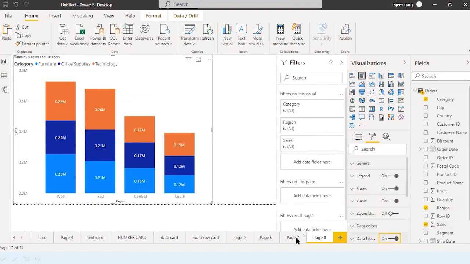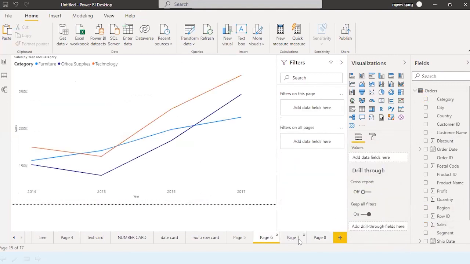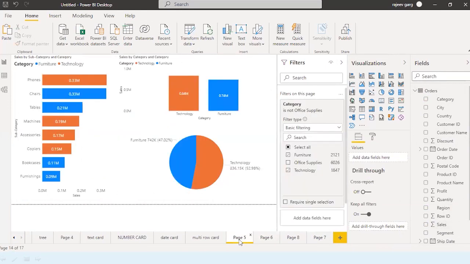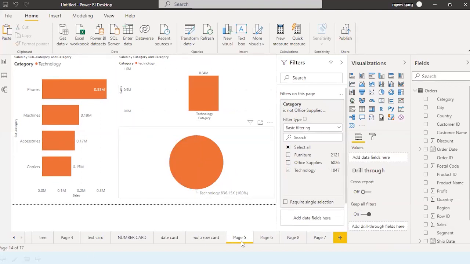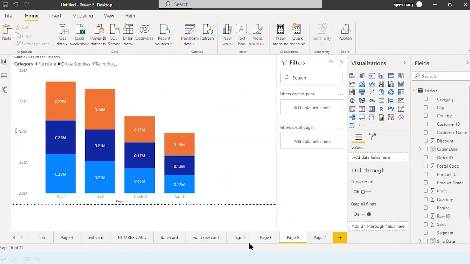Right. So you have 1, 2, 3. So as of now, 1, 2. Right. So I have applied the filter on this page and whatever filter I am using, it is impacting only this page. It is putting no impact on any other visual on the other pages.